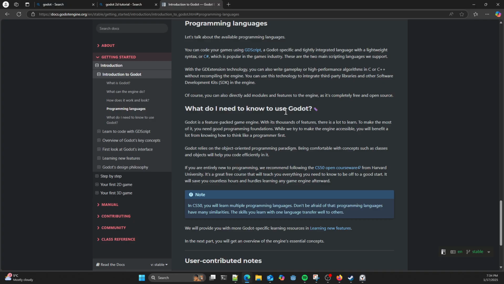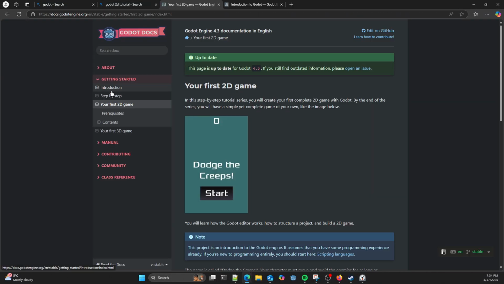But GDScript, I think, and if you read that, you'll see this, is probably optimal if you've not had any other programming experience, in terms of the entry learning curve. C# is nice if you already know C#, but there are certain trade-offs, apparently, that mean C# can potentially be even slower than GDScript, and that's to do with marshalling data types across from one system to the other, one type of bytecode to the other. Anyway, I'm jumping ahead of myself. The main purpose of being here is to go through this tutorial. I'm going to go back into here again and make sure I get the right link.